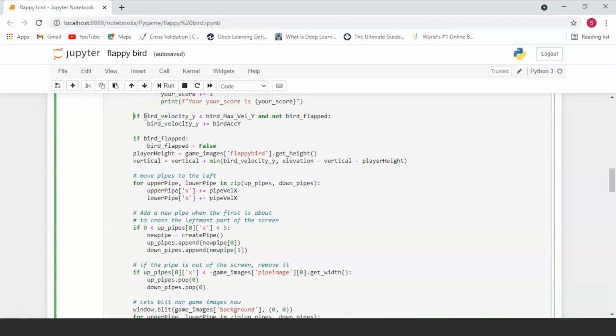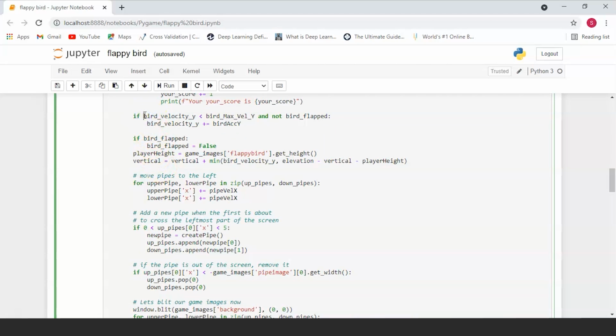If the current velocity of your bird is less than the maximum velocity and the bird has not flapped, or you haven't pressed your key, in that case, the bird is basically going to be tumbling downwards. Now, another thing that you have to consider is that the user has stopped pressing the key, right? So the bird is not going to be flapping its wings. If this is the case, then the bird has to free fall towards the sea basically.